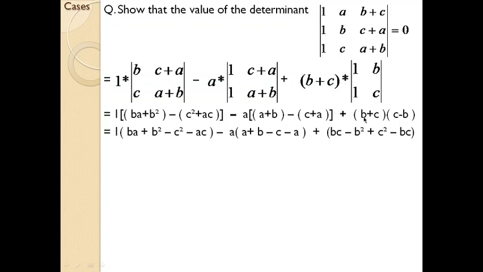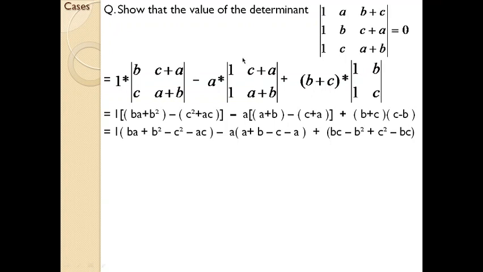So it can be written as first one, b into c. That is a basic mathematical operation. B into c, each individual has to be dealt with. B into c, first one bc. Next one, b into minus b, so it will be minus b square. So you have dealt with the first part.